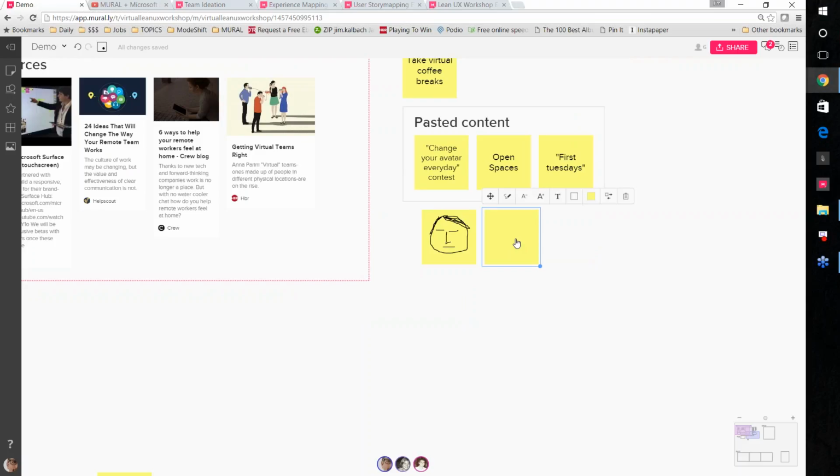If you have a Windows 10 computer, though, we do have a Windows 10 app, and the Windows 10 app lets you draw right on the background of a mural. So you can just take a pen. If you have a Microsoft Surface Hub, for instance, you can take a pen and draw right on the mural itself. We also have an application for the Microsoft Surface Hub,